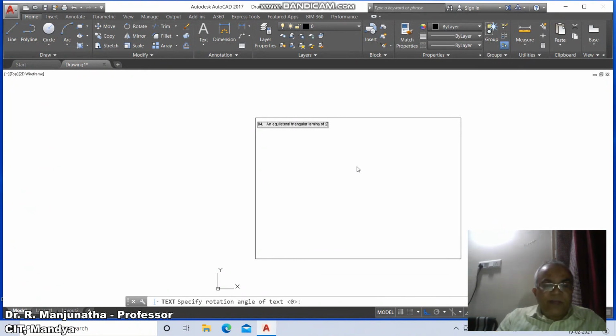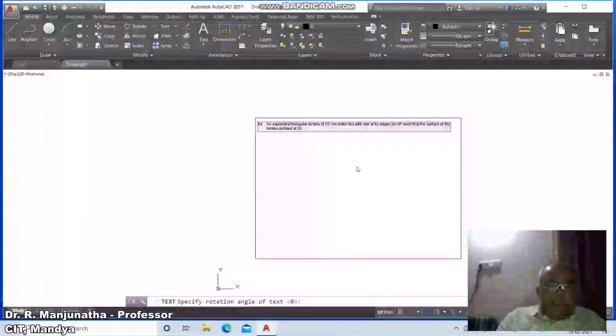an equilateral triangular lamina of 25 mm sides lies with one of its edges on HP, such that the surface of the lamina is inclined at 30.